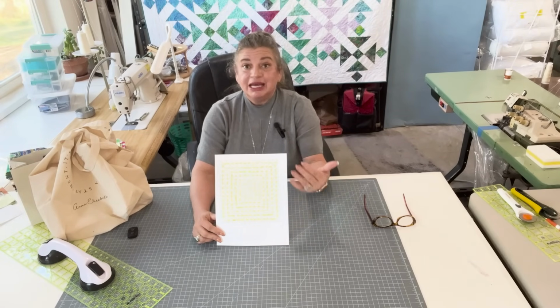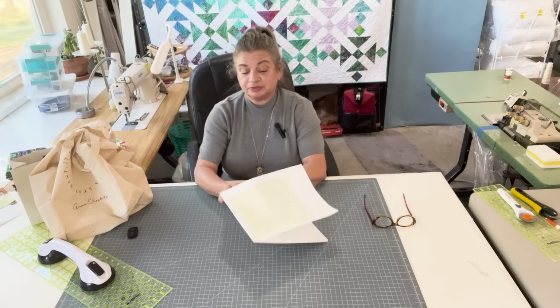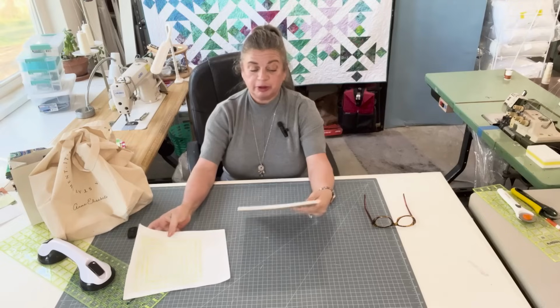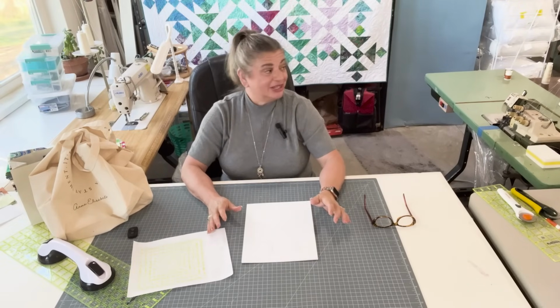Well, rather than do one piece at a time, I'm going to do a bunch of chain piecing. So I've made myself a cheat sheet. And of the darks, I'm going to, oh, there's my piece of paper. Of the dark ones, I'm going to need,